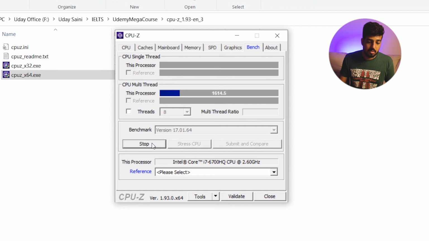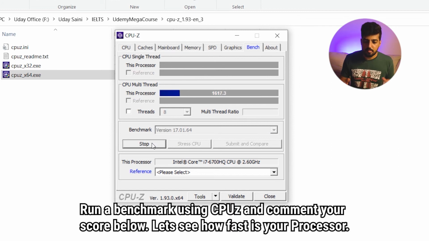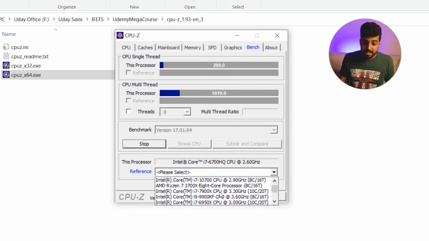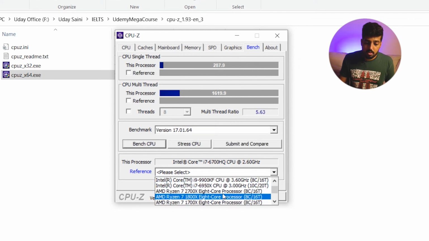I can just run a benchmark quickly and see what kind of performance my processor gives me. In multi-threading, it will give me about 2000 score, and on single threading I think it will give me 300-something. So I can even compare my processor to the latest processors. This is how you can see all your information in just one place.